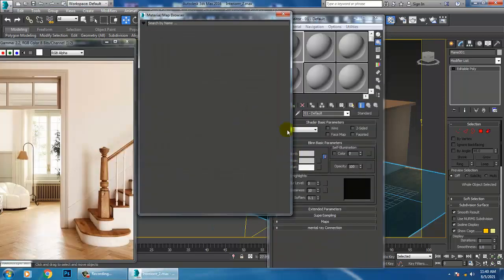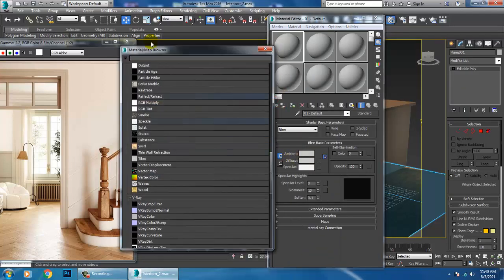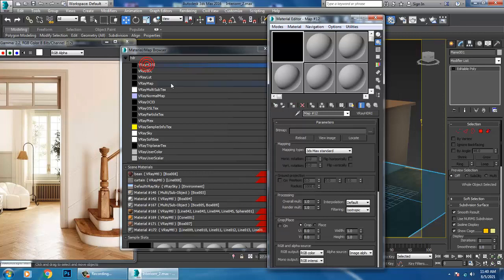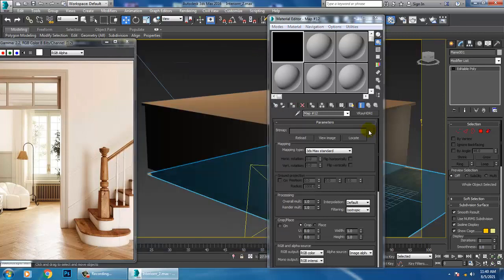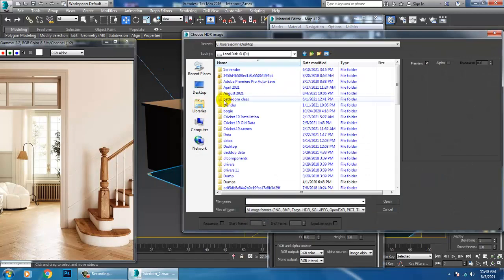Oops. Okay, I'll go down and call the HDRI map, that's your V-Ray HDRI. After that, let's go into this bitmap and you can call an HDRI bitmap.